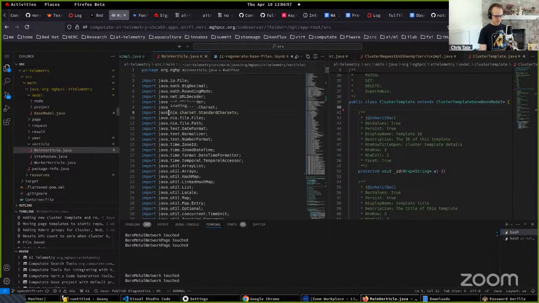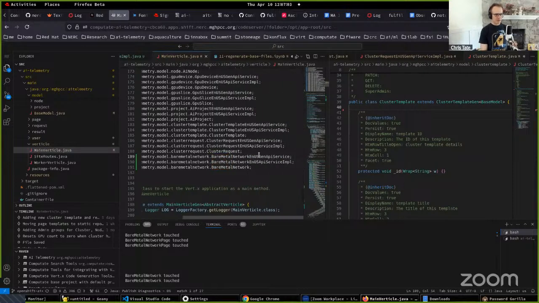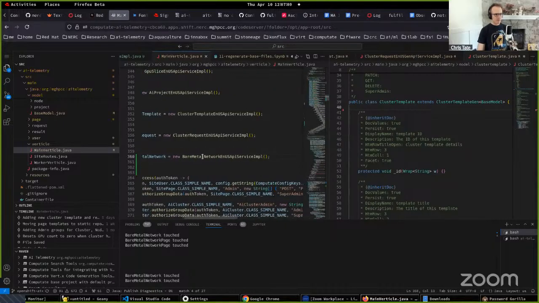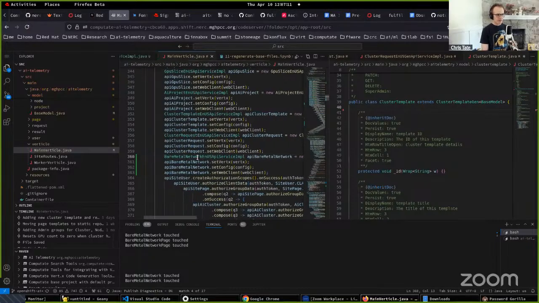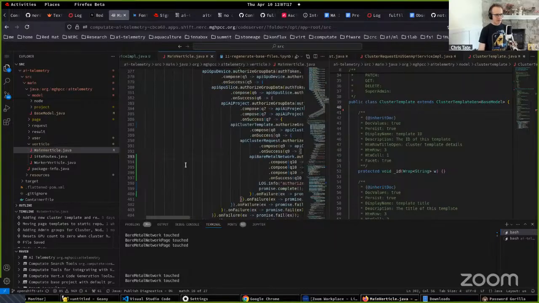Now if I search for bare metal, it's got my imports automatically. It's got the API constructed and it sets it up for Vertex and the configuration in the web client,